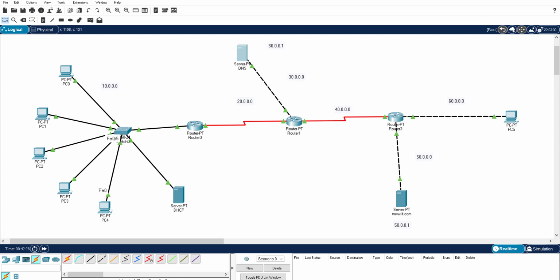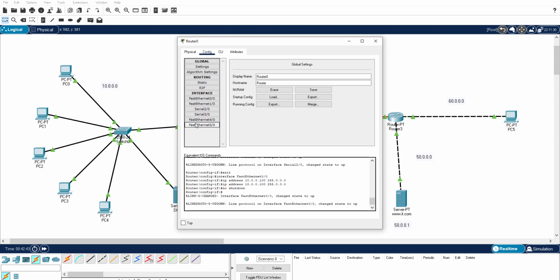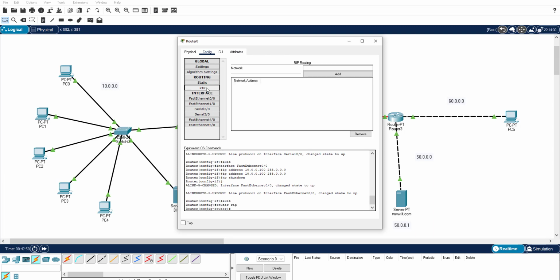So the RIP protocol is the only thing I'm going to configure in this place, for this topology diagram. Now, how to configure RIP? You can configure it in many ways, but in Packet Tracer it's very simple. They are just making it very simple for us. So how to do it? You can click Router 0, then go to Routing and you can see RIP. This is the option I'm going to click.